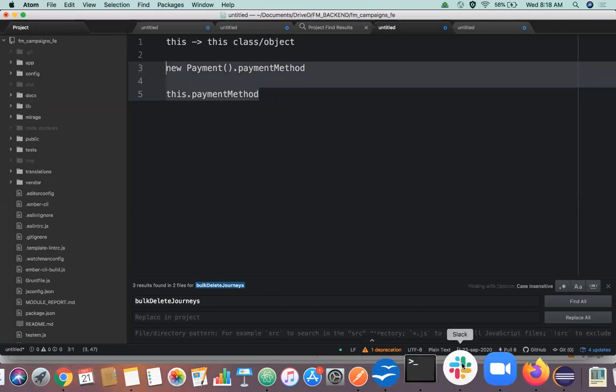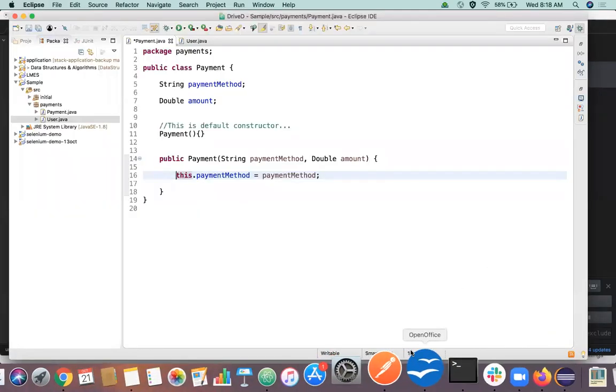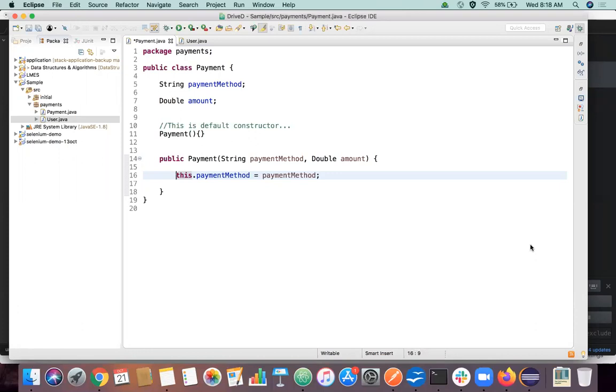That's the meaning actually. I know it will still be kind of confusing, but the point here is that without this keyword, Java will not understand the difference between the variable declared here and the variable declared here, because both have the same name. I hope this makes things simpler and clear.